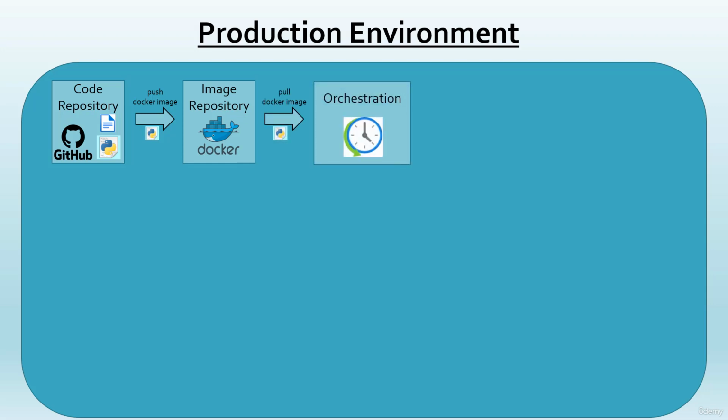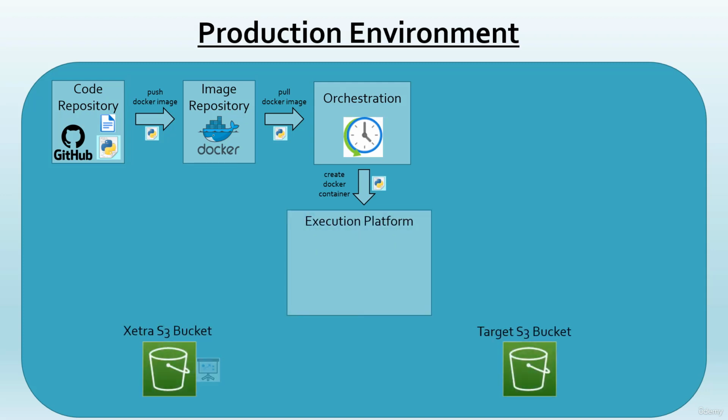From this image repository, the image can be pulled by our orchestration tool. It could be, for example, Apache Airflow or Argo workflows for Kubernetes. The orchestration tool will create a Docker container on an execution platform, as I just call it. This could be, for example, a Kubernetes platform. This Docker container contains now the application code, since it was part of the image we built before, and when